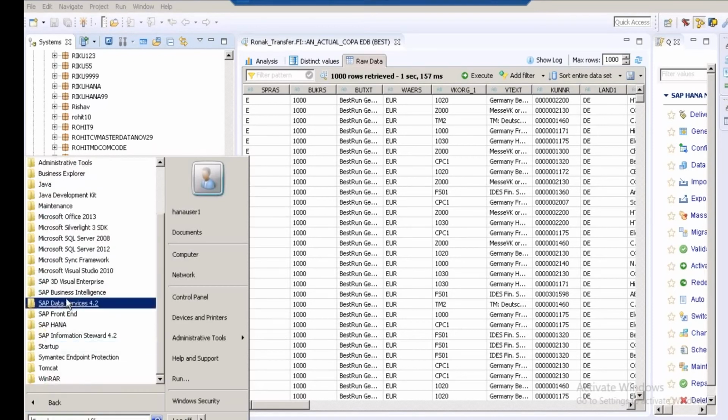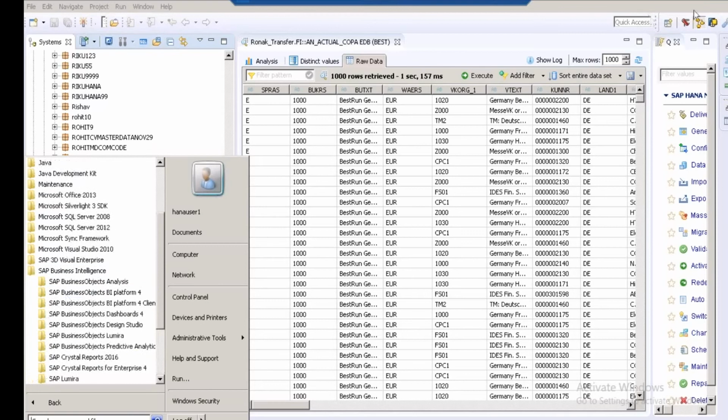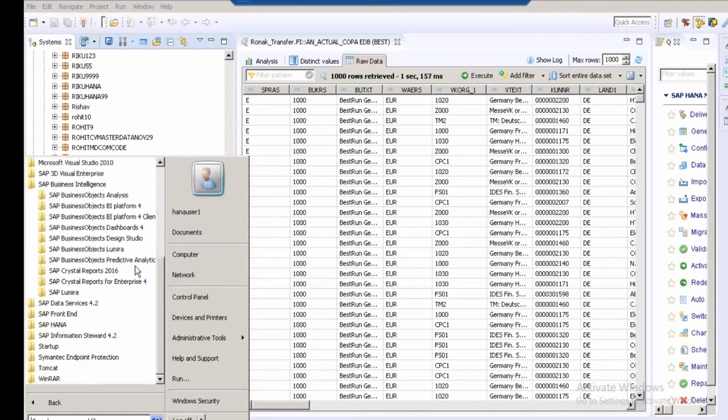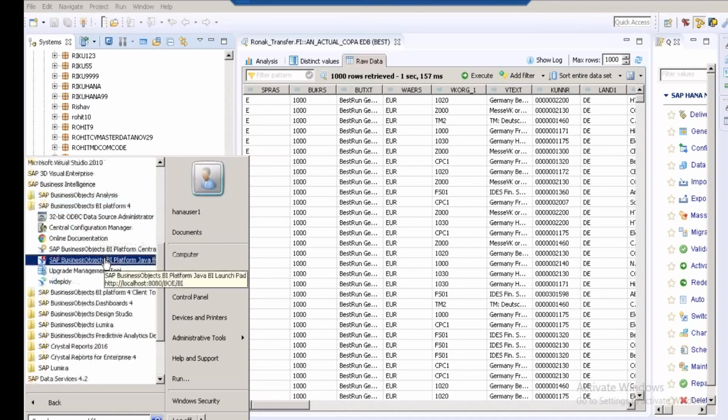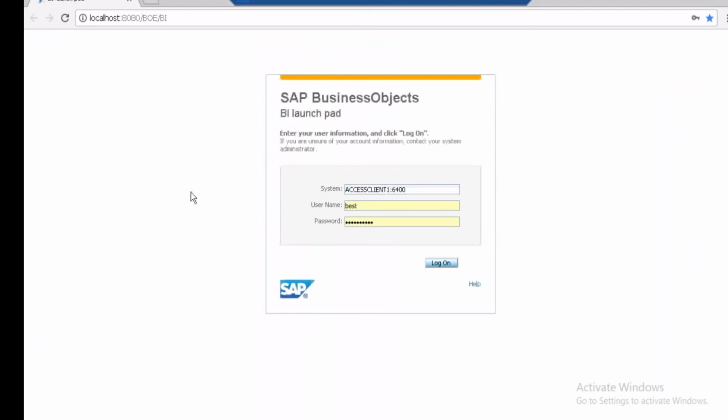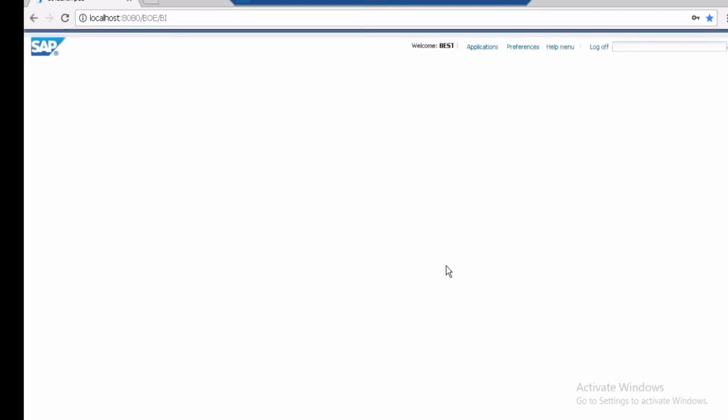Programs, click on Business Intelligence. Click on BI Launchpad. Once we click on BI Launchpad, the username is Best and the password is capital W welcome 123 and click log on. So once I log on,